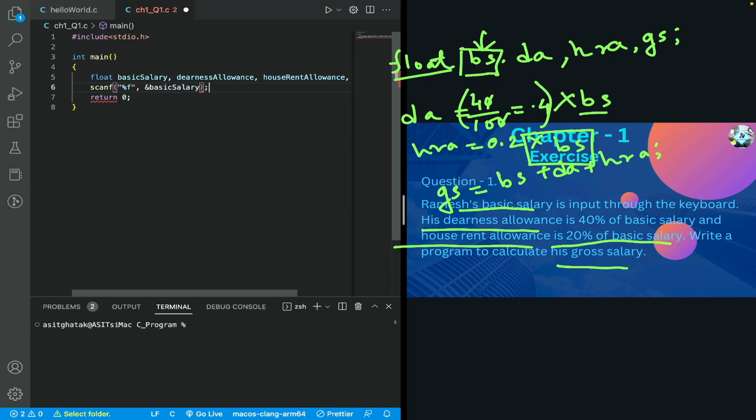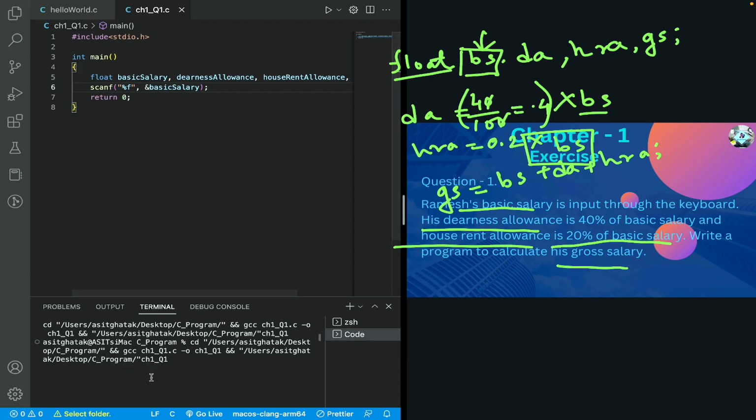You have to end it with a semicolon, remember this. So let us save and run this program. Is it working or not? You can see this is working, the program has executed successfully. But in this case we cannot see that the program is asking for input. Nothing is printed there. So what we can do is write a print statement